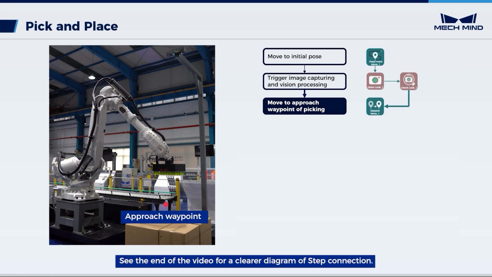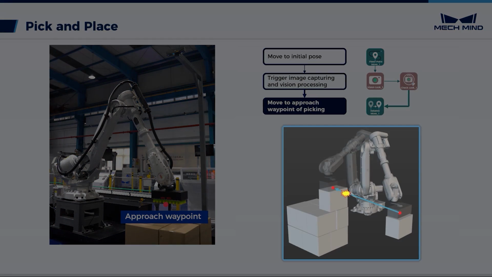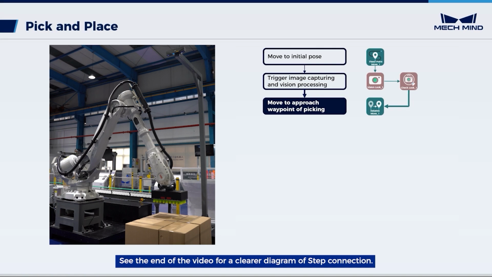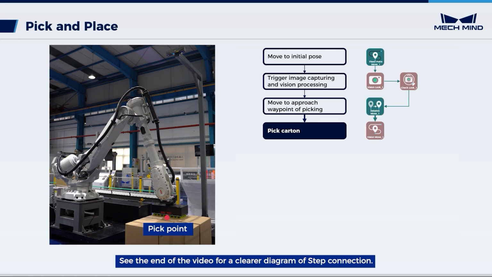Now, move to the approach waypoint. When picking a carton, if the robot moves directly from the initial pose to the picking waypoint, there may be a collision with a carton. We need to set an approach waypoint and use Step Relative Move to let the robot move above the picking waypoint. To pick a carton, first, use Step Vision Move to guide the robot to the picking waypoint, and then,